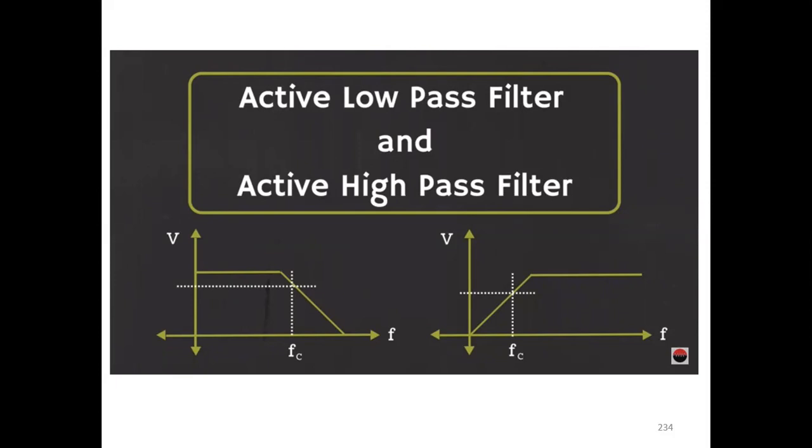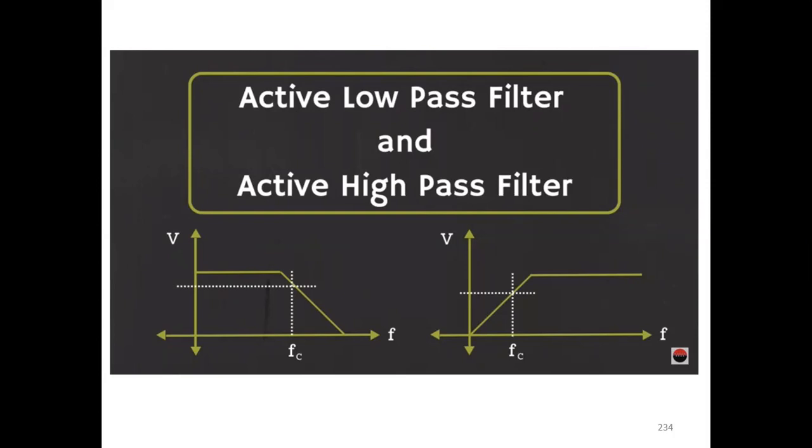That is active filters. In this unit, we have discussed different operational amplifier applications. In previous chapters, we discussed the integrator, differentiator, log amplifier, anti-log amplifier, comparators, clipper, and clamper. All these applications vary with the input voltages and currents. That means we give some input voltage, then produce some output voltage.